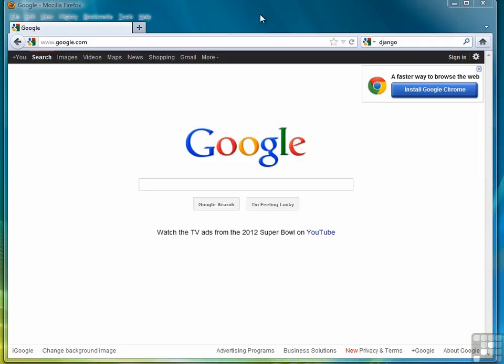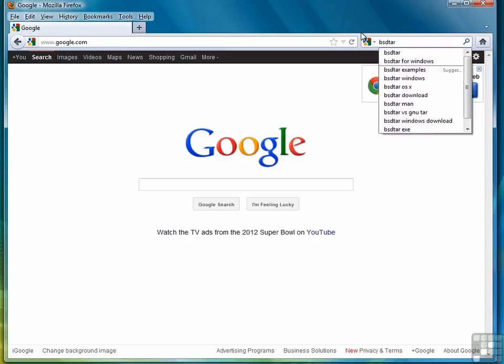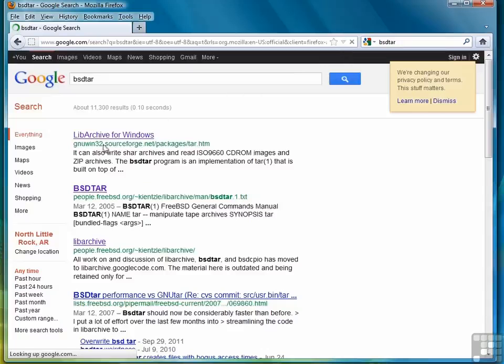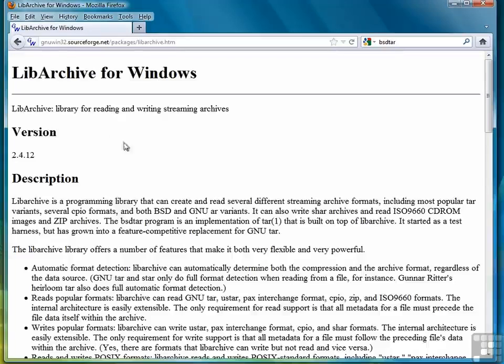So in this first lesson, we're going to see how to install Django, and it's somewhat of a complex download, not really that difficult, but several steps. First thing we're going to do is install a piece of software that allows us to unzip Django easily using command line tools. This program is called libarchive for Windows, but I found it by Googling BSD-tar. BSD-tar is part of this libarchive. So we'll select that,